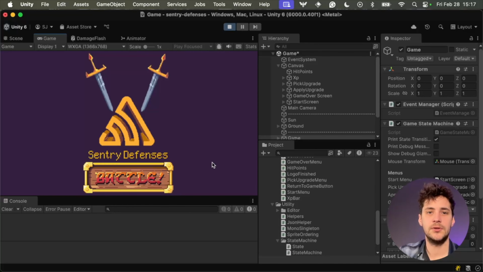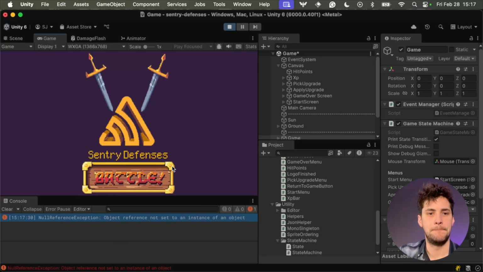We're gonna start our tour right here in the Unity editor. I've got a small game prepared for us and we can jump straight to battle. But instead of actually playing the game, now I'm looking at a null reference exception on the console. Bugs like these inside the editor are typically not a big deal. We've got all the tools and context we need to fix this right here. But imagine it's your game that is out in the wild and actual players are running into this. How would you know what broke and how would you know how to fix it?